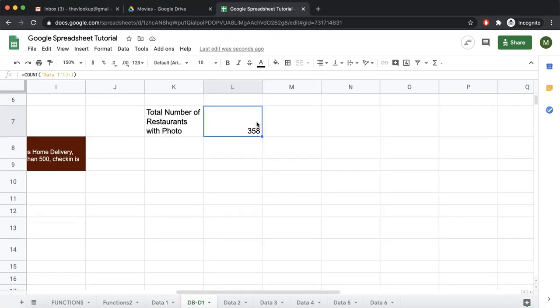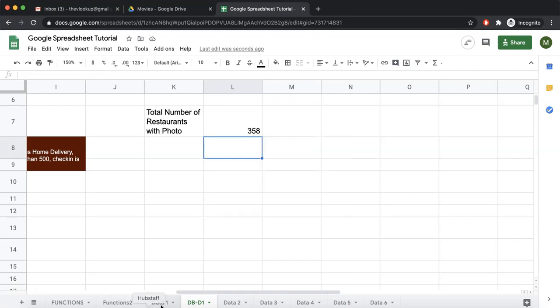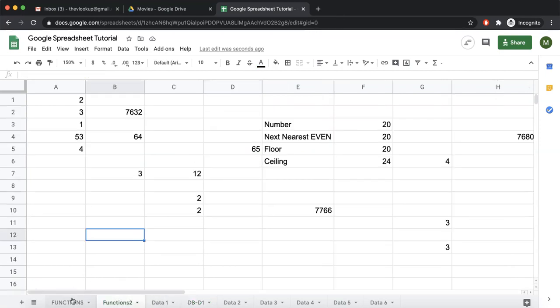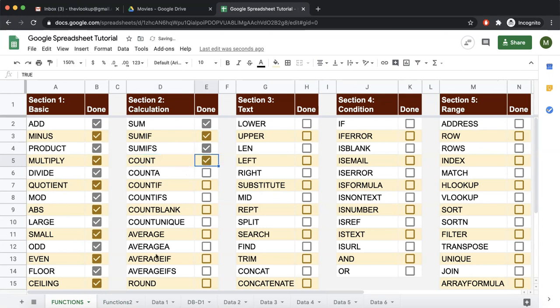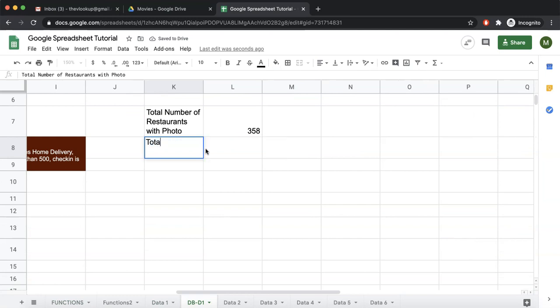So count returns the count of numeric values in a data set. Next is count A. Total number of restaurants, not with photo, just total number of restaurants.